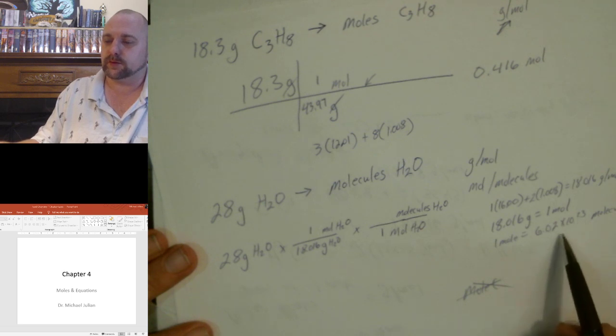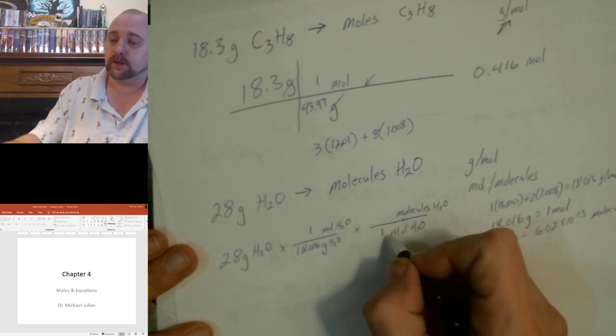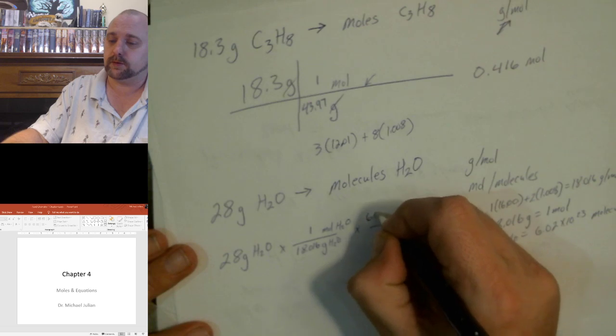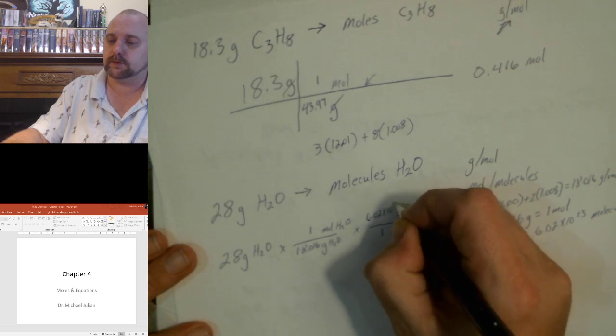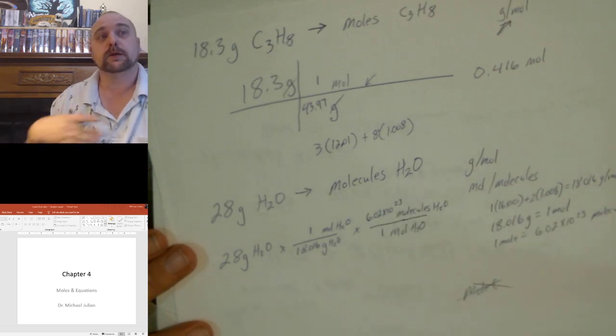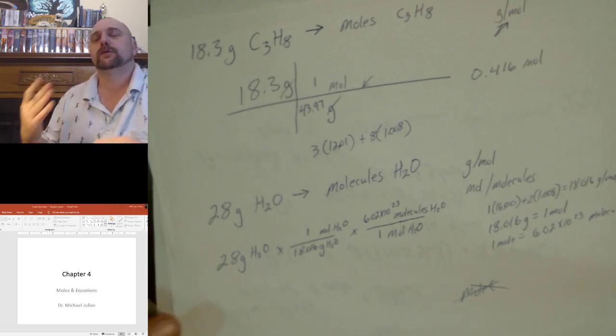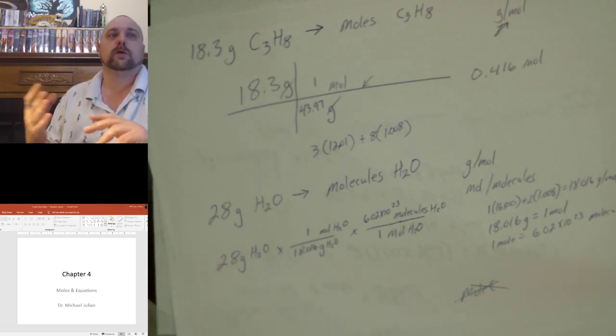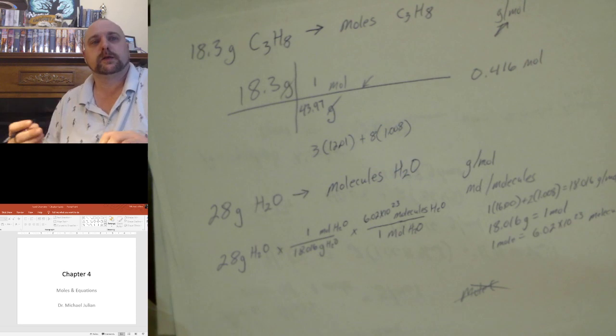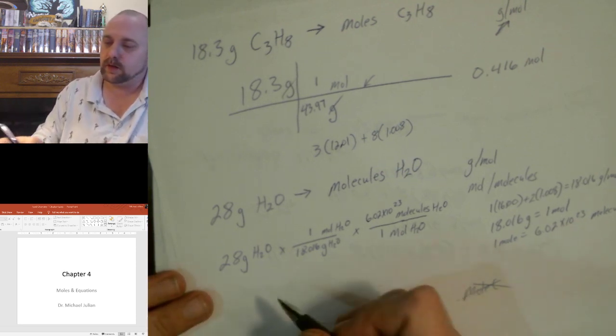6.02 times 10 to the 23rd, that's Avogadro's number. It goes with the molecules. 6.02 times 10 to the 23rd. I recommend you practice saying that over and over with the same cadence. What is Avogadro's number? 6.02 times 10 to the 23rd. Alright, so